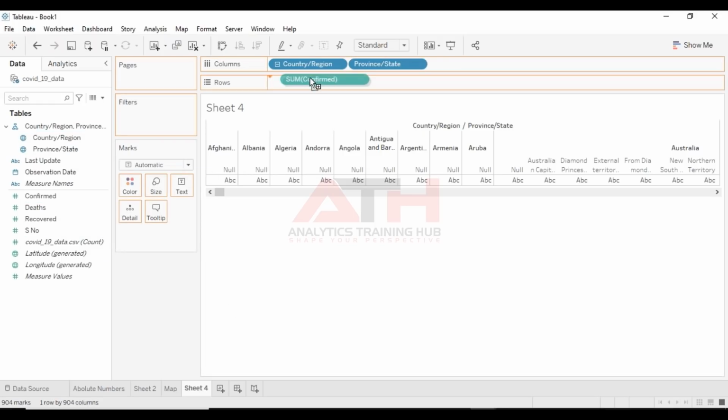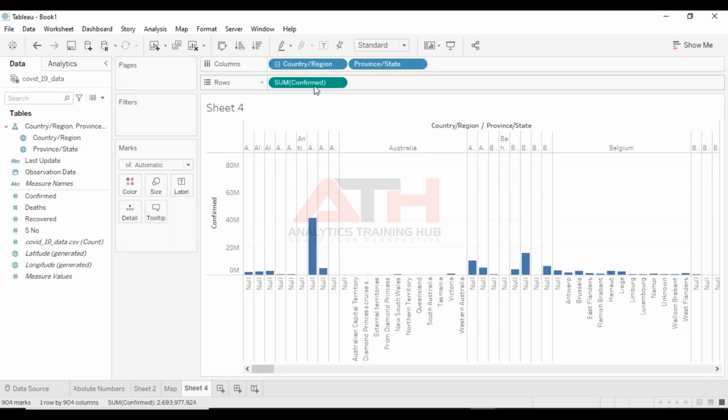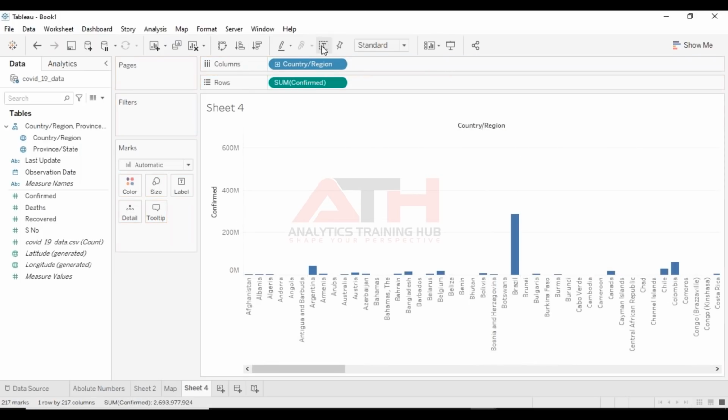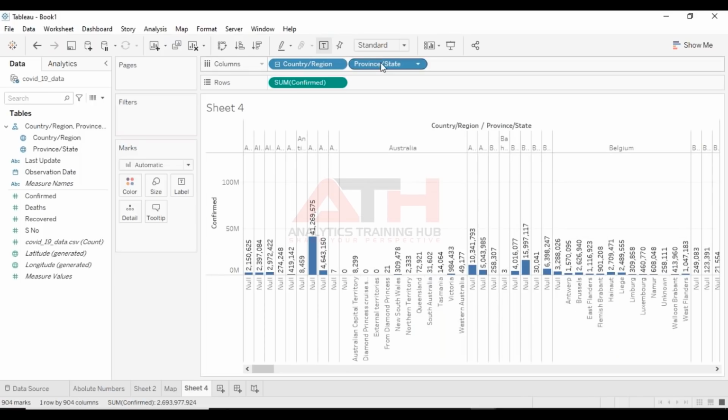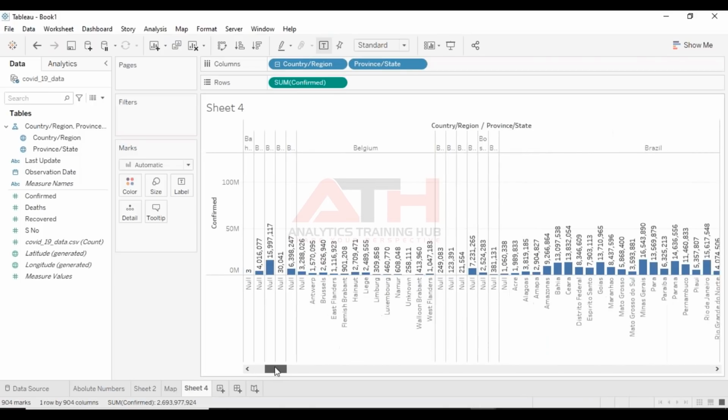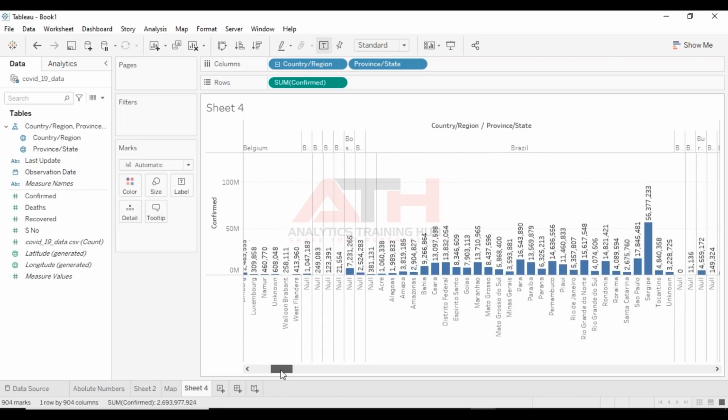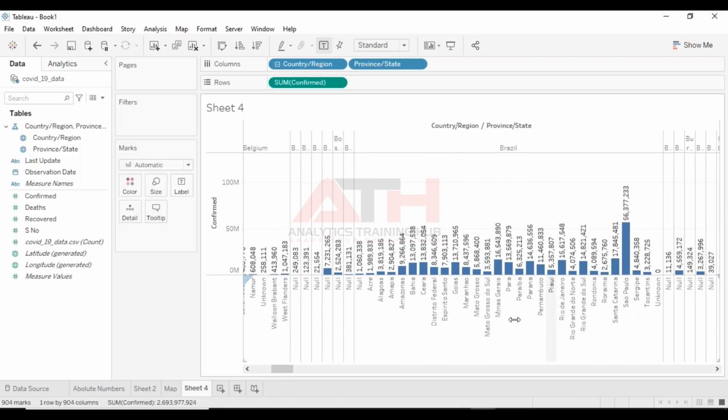So let's say I have the confirmed data here, and I want to see it for the countries, then I have it for the countries. But if I want to further drill down the data, I can just click on this plus, and it will give me the provinces and states in those particular countries as well. Say, for example, here for Brazil, I have the data for the other provinces as well.